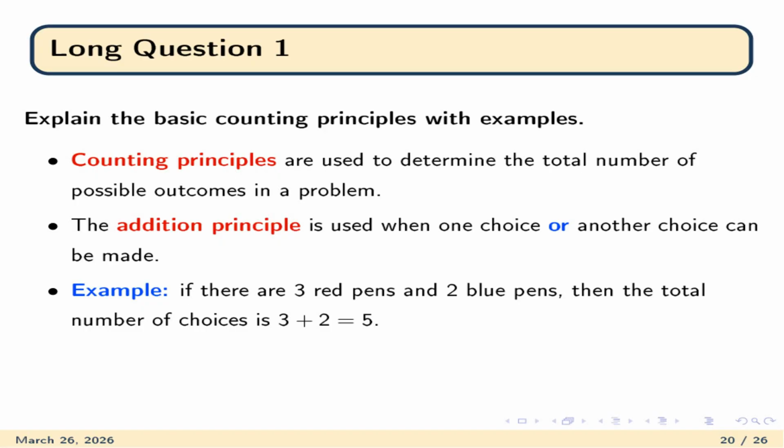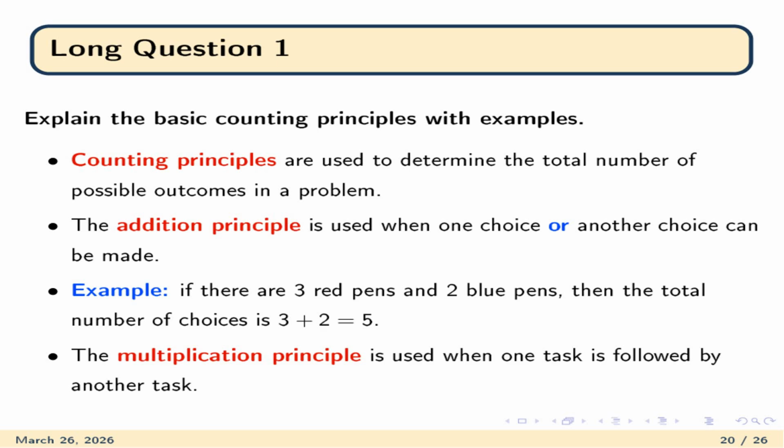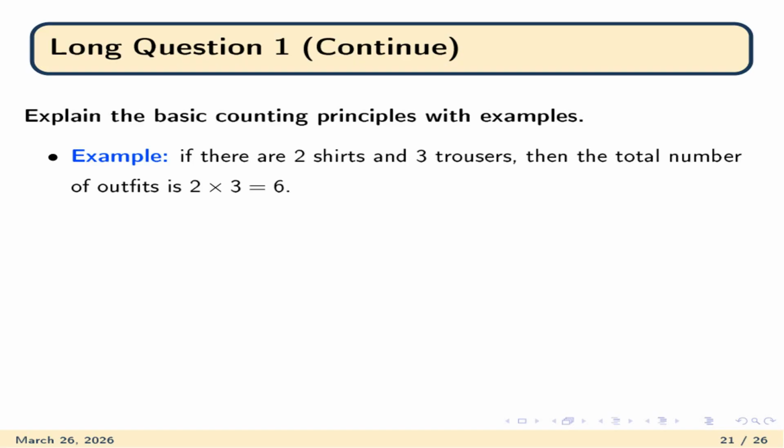Example, if there are 3 red pens and 2 blue pens, then the total number of choices is 3 plus 2, that is 5. The multiplication principle is used when one task is followed by another task. Example, if there are 2 shirts and 3 trousers, then the total number of outfits is 2 times 3 equal